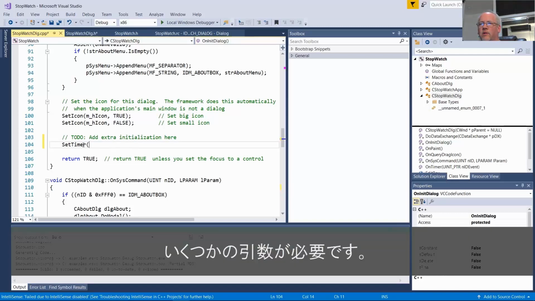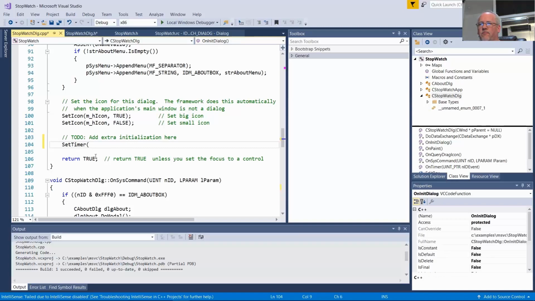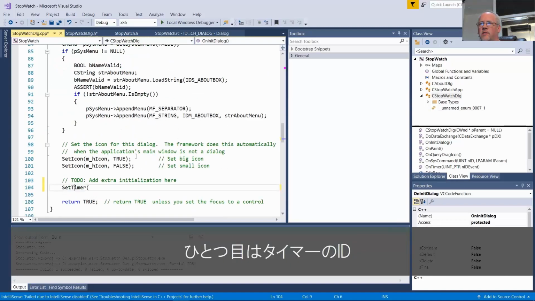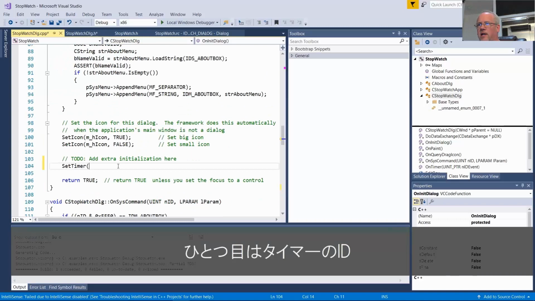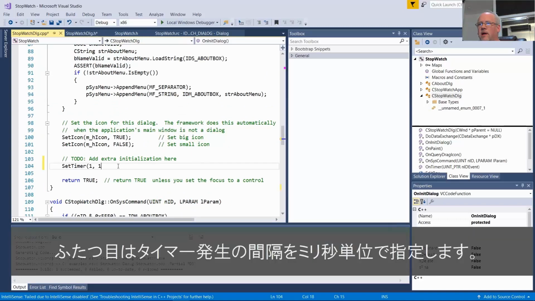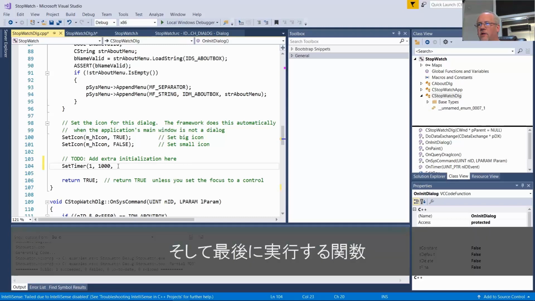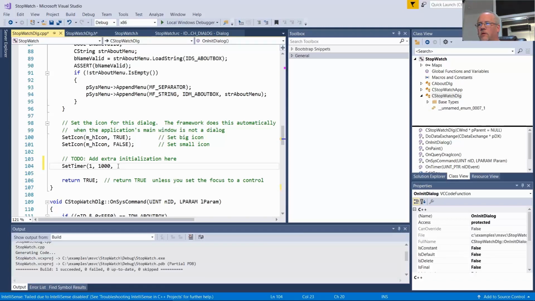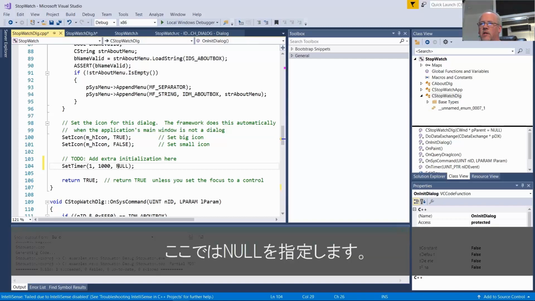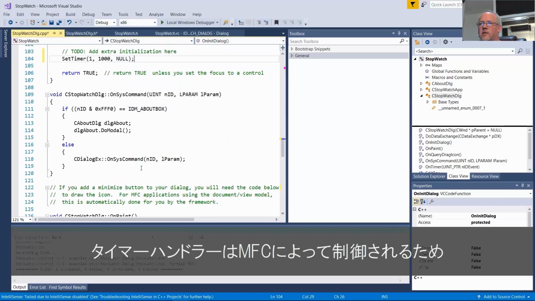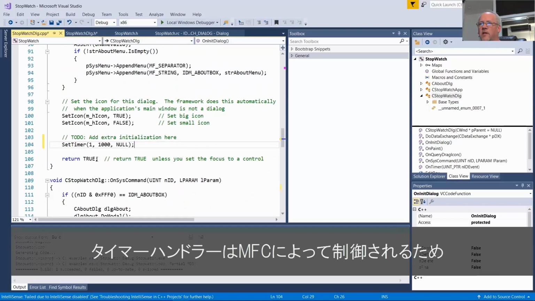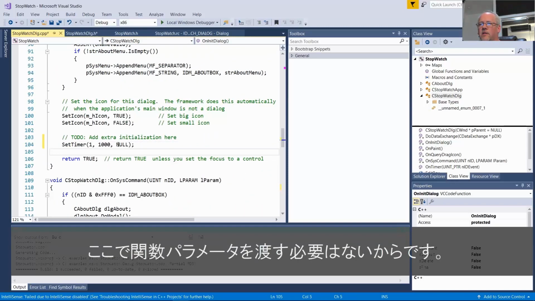And it has a few parameters. Let me see here. I think the first one is the ID of the timer. Next one is the amount of milliseconds till the timer fires. And then you can pass it a pointer to a function to execute. We're just going to use null because we're doing it based on this timer handler that's built into the MFC handling. So we don't need to actually pass a function parameter here.